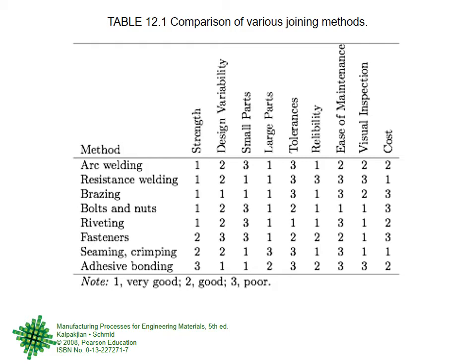Then to me, strength is very important. To me, life is very important. To me, cost is also very important. So I try to optimize a solution, that is, which solutions will give me a very good combination of strength and cost and life, and the other things we will see, and so forth. So it is a very good technique to choose.